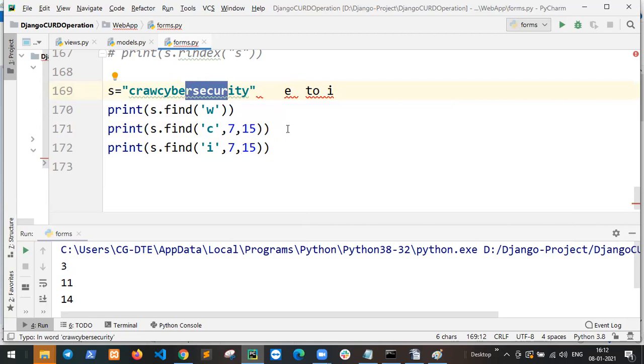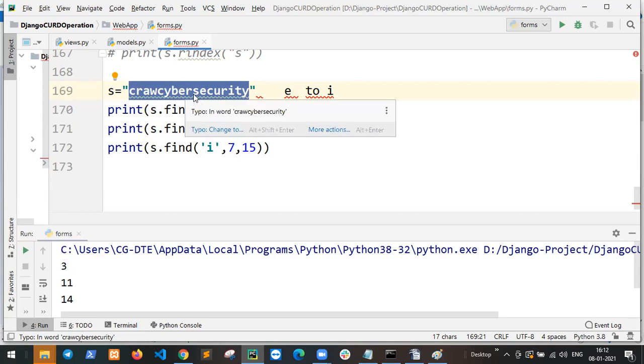To define E, where is E? Count 0, 1, 2, 3, 4, 5, 6, 7, 8, 9, 10 and 11.